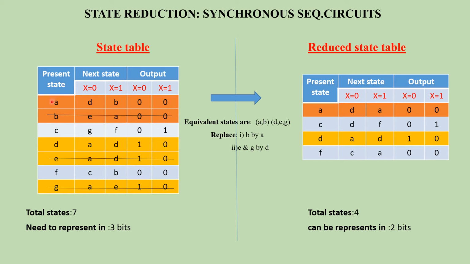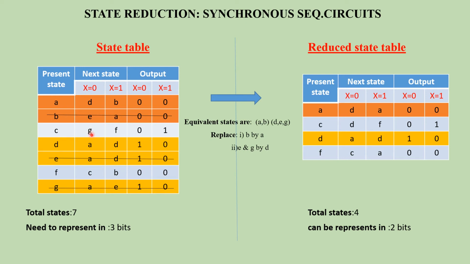So now first one is A. A we have to put because we are considering that as an equivalent state. So A we are specifying. Here, in the place of B, you can just replace it by A because we have said it's an equivalent state. So I am replacing it by A, and the rest are the same. The next one, B, can be simply avoided as already A and B are equivalent states. So put a strike mark and then go to C.